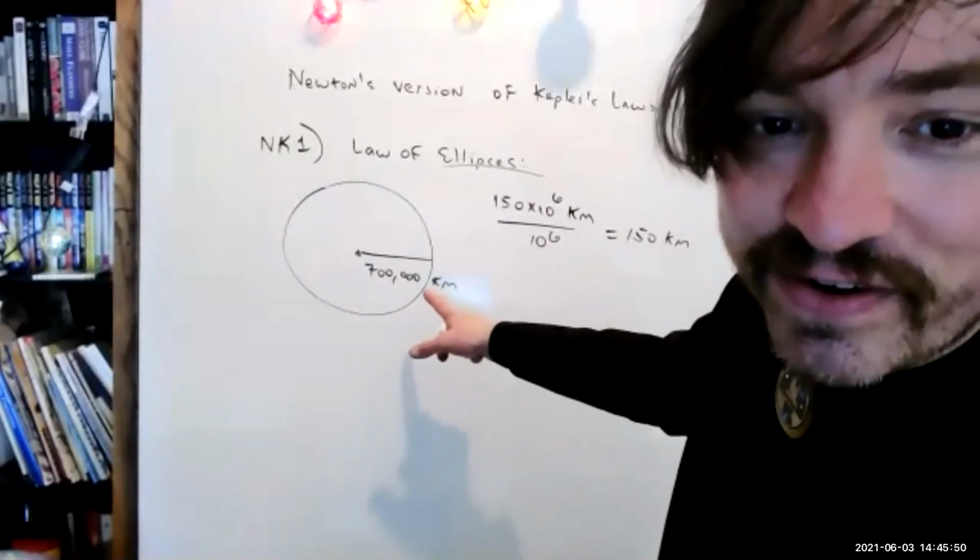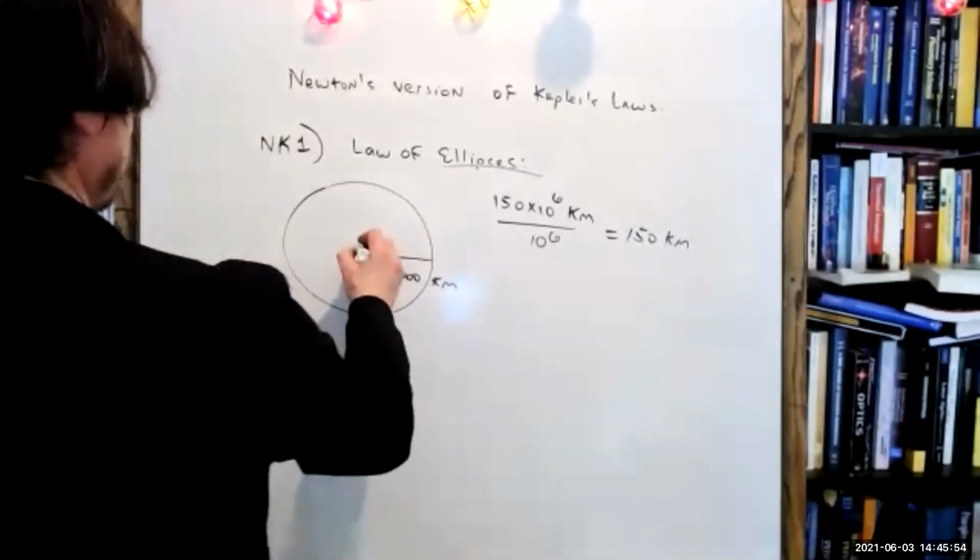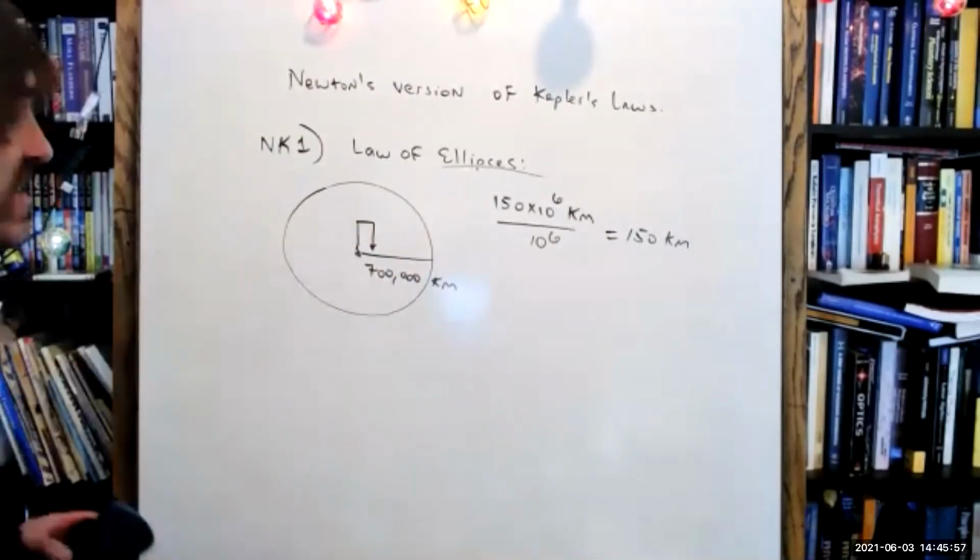And you can clearly see that 150 kilometers is way less than the radius of the sun. So the center of mass of the Earth-Sun system is actually a point inside the belly of the sun,